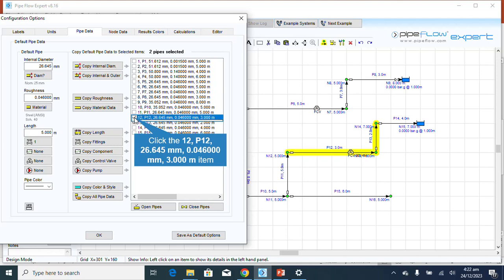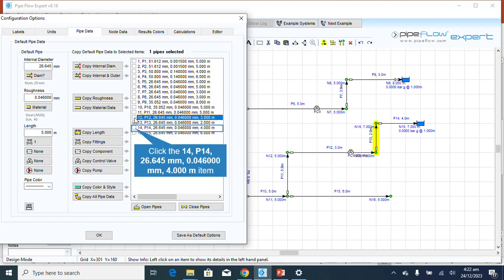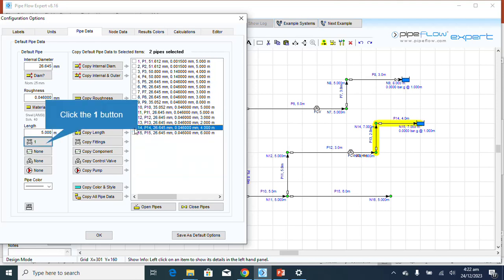P12. On P12, no, I will leave P12 out of this. I've done that on P12. So P14,